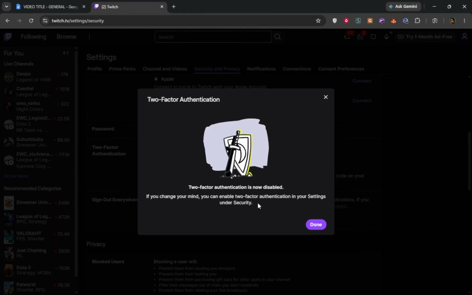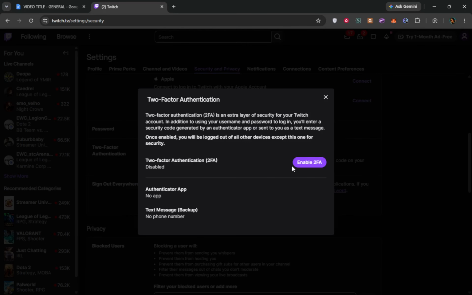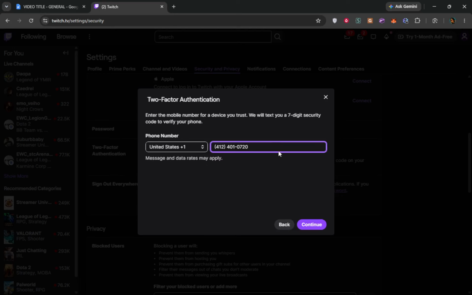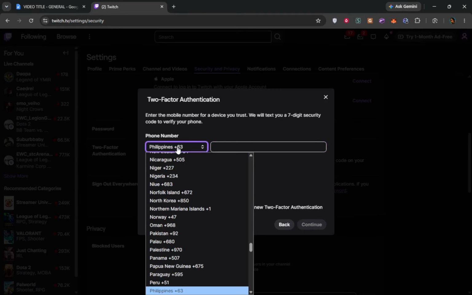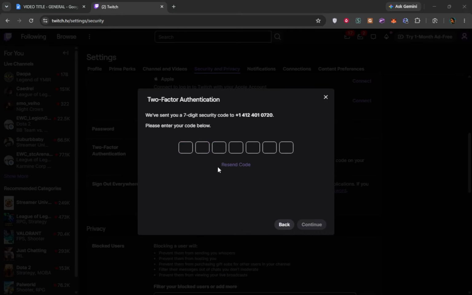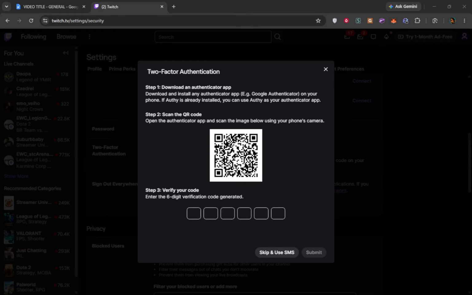After that, re-enable two-factor authentication. This step will kick off the setup process for your new authenticator app. You will likely receive a prompt to set up two-factor authentication again. Follow the instructions provided on the screen. This usually involves generating a new QR code for you to scan. Make sure you have your new authenticator app ready for this crucial moment. Re-enabling two-factor authentication ensures that your account is once again secure, protecting it from unauthorized access.